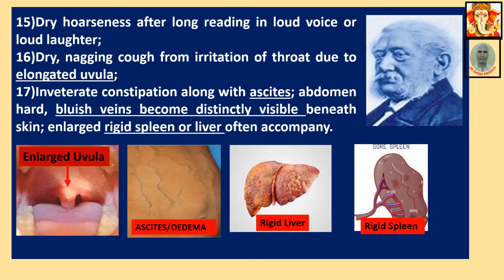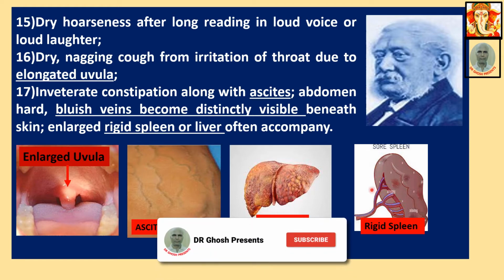Enlarged rigid spleen. This is rigid spleen. Rigid spleen and liver. This is rigid liver. Rigid liver is actually cirrhosis. In cirrhosis the liver becomes rigid, and its next step is cancer of liver. Spleen is something we do not know much about, because it is not generally discussed. But the spleen is on our left, as on the right side of the abdomen is the liver. So the left side of the upper abdomen is where the spleen resides.